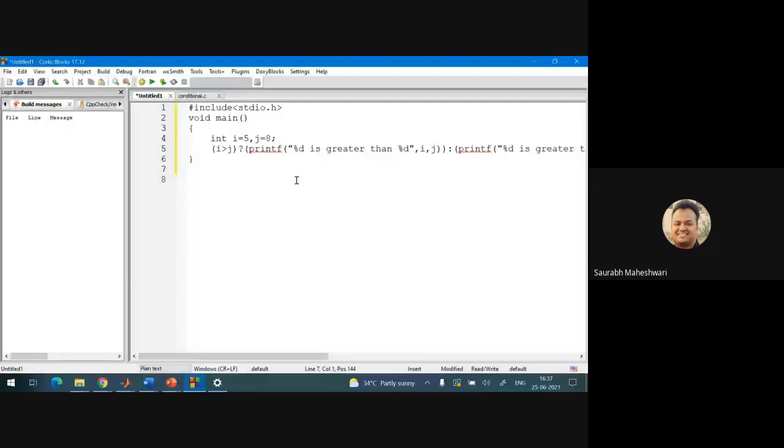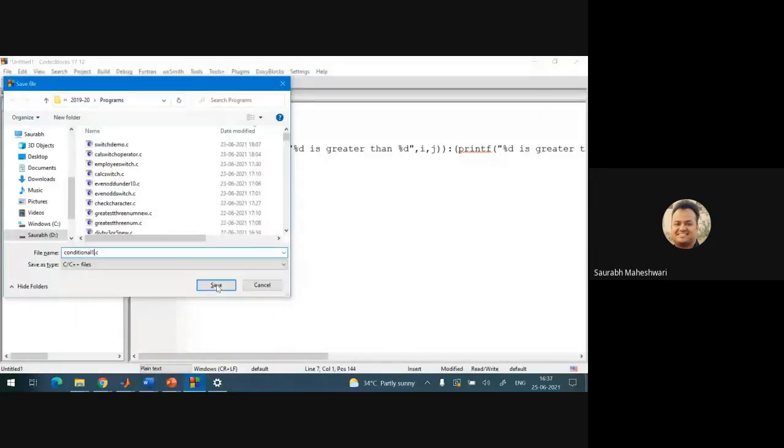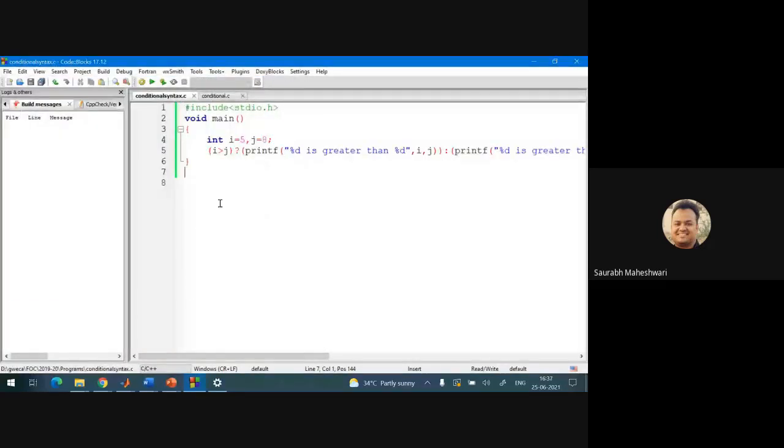I will save this file as conditional.c, conditional syntax. Now, what I want to tell you is this is the syntax of the conditional operator.